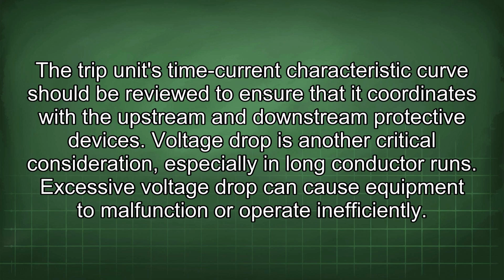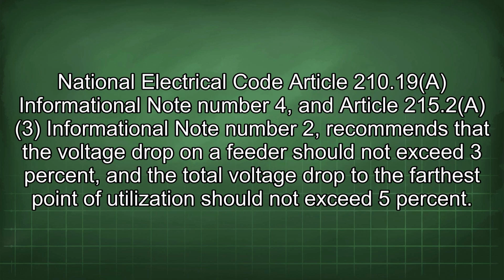Voltage drop is another critical consideration, especially in long conductor runs. Excessive voltage drop can cause equipment to malfunction or operate inefficiently. National Electrical Code Article 210.19 Informational Note Number 4 and Article 215.2(A)(3) Informational Note Number 2 recommend that the voltage drop on a feeder should not exceed 3% and the total voltage drop to the farthest point of utilization